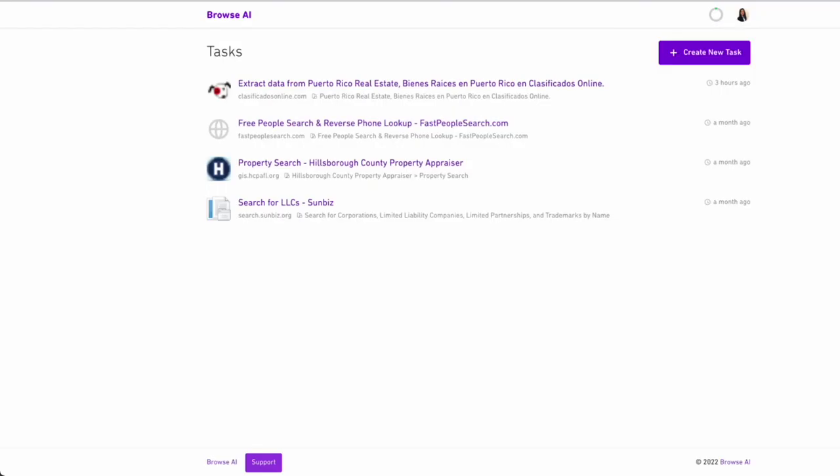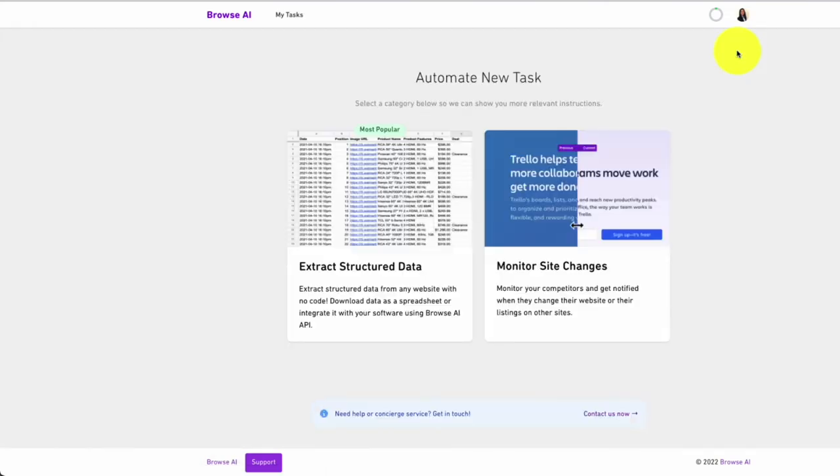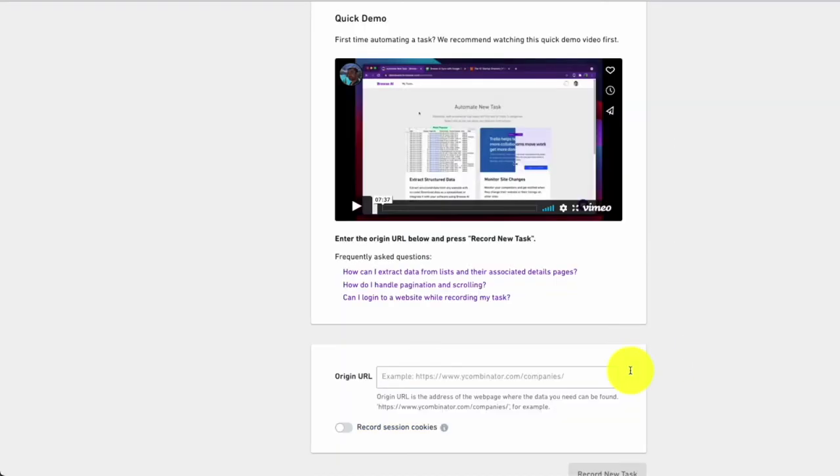The first step for Browse AI is to create a new task. Next, select Extract Structured Data, which is going to allow us to download the data into a spreadsheet. At the bottom, we can enter our origin URL, which is where we're going to start our web scraping bot. And you might be asking at this point,